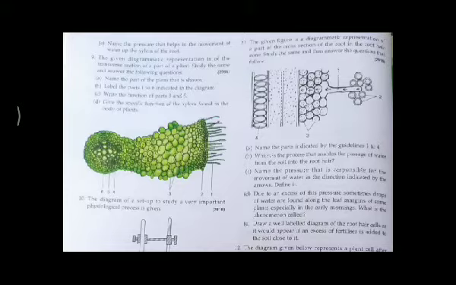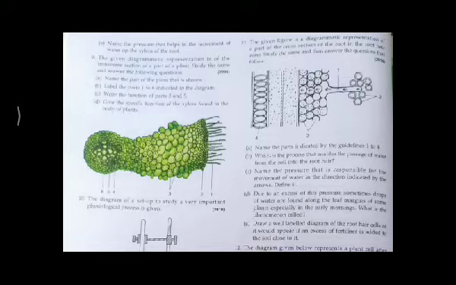So here question number 1, which is question number 9 on page number 58 of your book: the given diagrammatic representation is of the transverse section of part of a plant. It is clear that it is a segment of a plant and it is a transverse section. Study the same and answer the following questions. This question was asked in the board examination of 2005. Such types of questions are important for the board examinations.